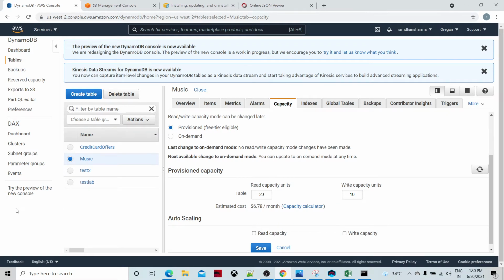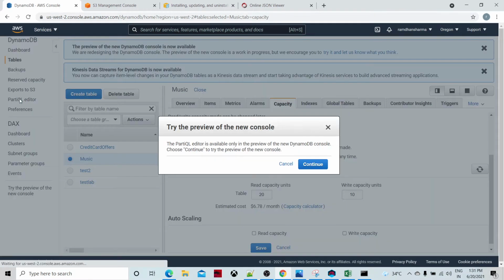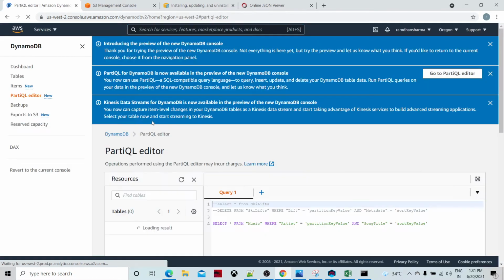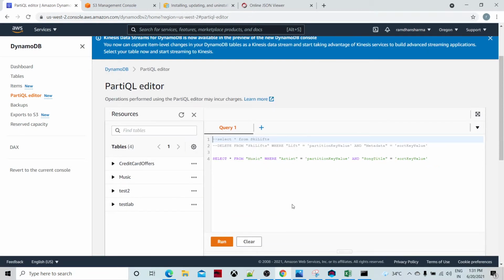If you go to the PartiQL editor, which is under, I think, development, you click it and this editor comes up. What is there in this editor is the tables. We have all the tables over here and the structure of the tables, the music table, whatever we have created already in our previous video sessions. This table we created from NoSQL Workbench. This table we created from AWS CLI. These two tables I created from the Amazon Management Console.